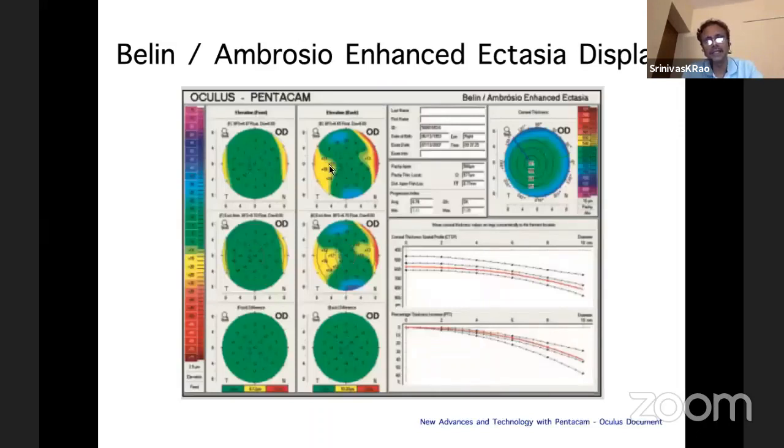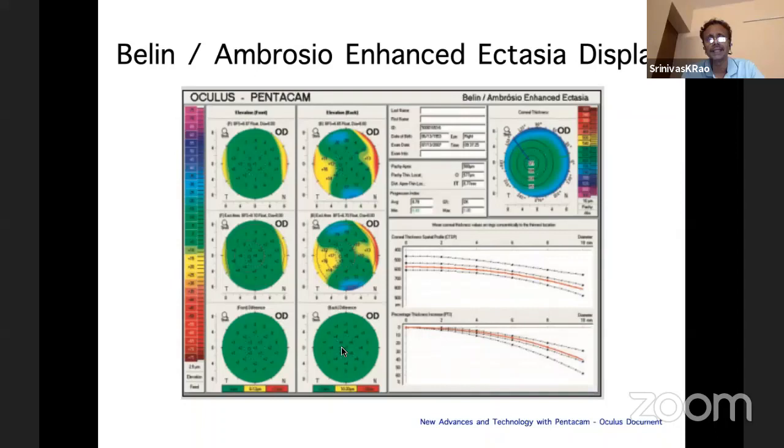So this is basically the original data, and the data around the point has been rubbed out. And this is the subtraction map from the two. So this is a normal cornea. In a normal cornea, you won't see any difference basically. So this works when you have some kind of abnormality. Any doubts?